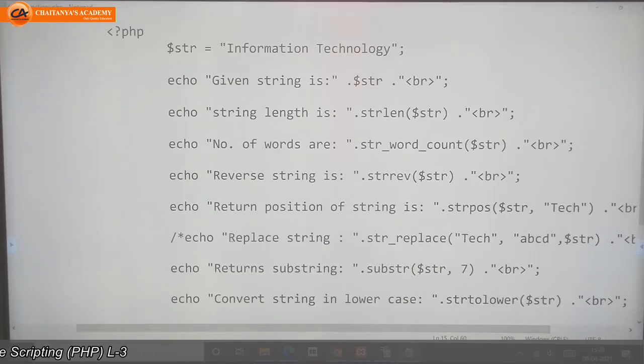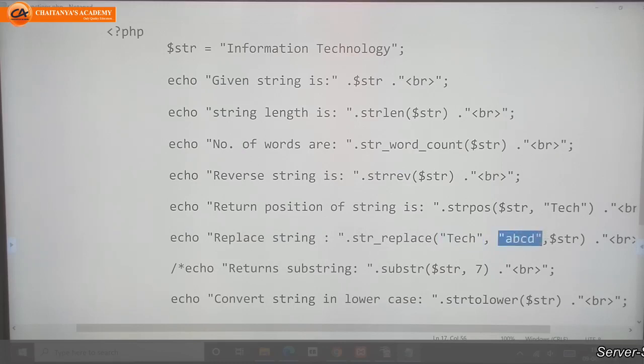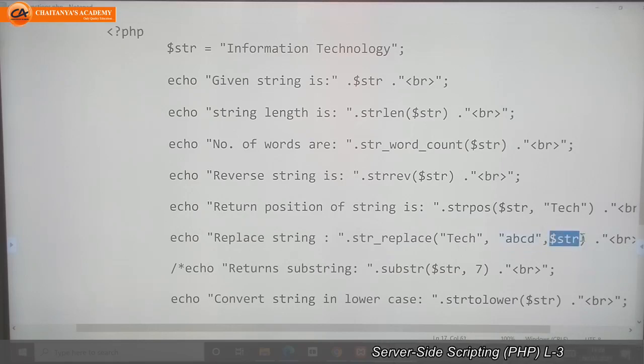Next, str replace. If I want to replace a certain string with another string, then I can write this function str replace, and in brackets write the name of the string you want to replace, then the string you want to replace it with, and then the main string you are passing, the name of that string or the string variable.